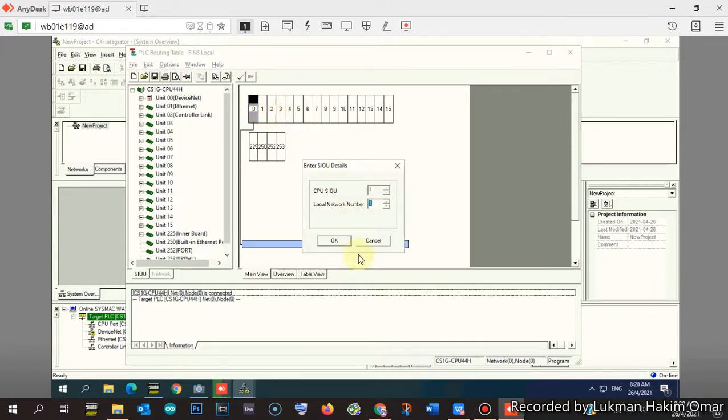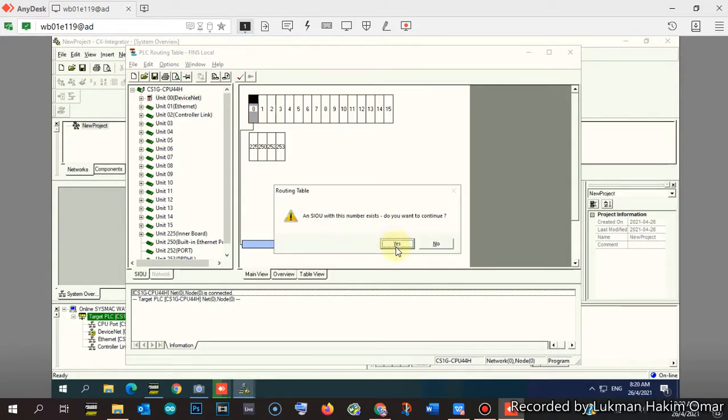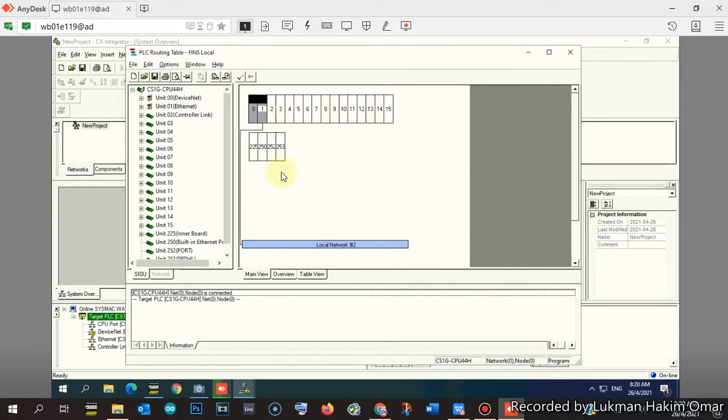We do the same: Insert CPU SIOU, and then select the local network. Just now it was local network number 1, but for the Ethernet we select local network number 2. The SIOU number already exists. So this is local network number 2, and this is local network number 1.